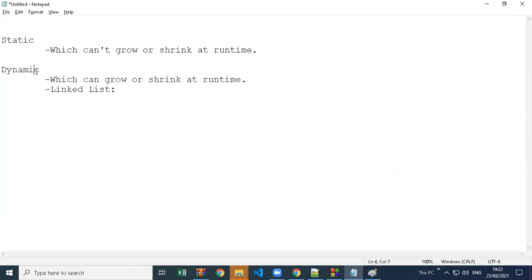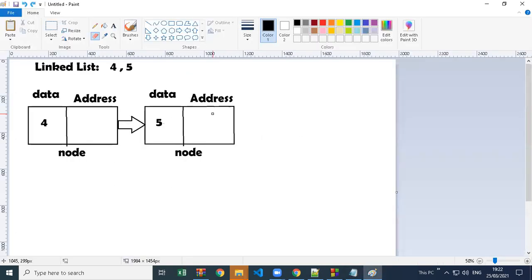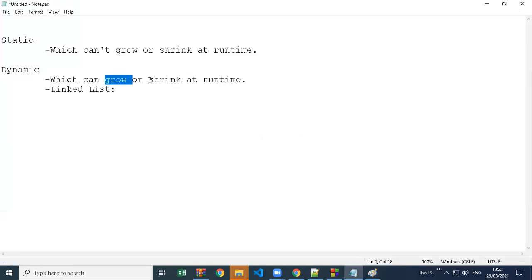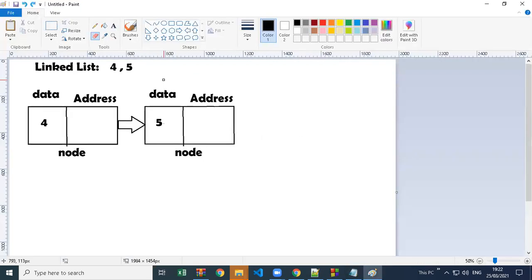So this linked list we have to create like this. This concept says like this. We also have to create it like this, so it can grow whenever we put values. You can store n number of values, no limit, and it will also shrink. Means if you remove any value, it is going to shrink also. So there is no single memory wastage.